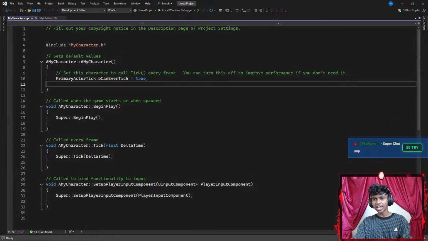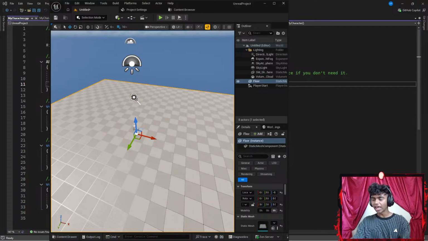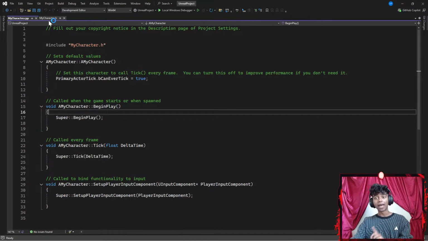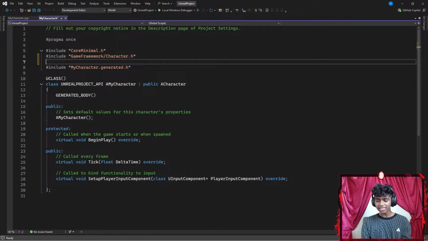Okay, let's see. Next up, is there something else that I want to do? I might want to open my Unreal Engine here. Okay, before my Unreal Engine, I might want to go to my character's header file and include a few